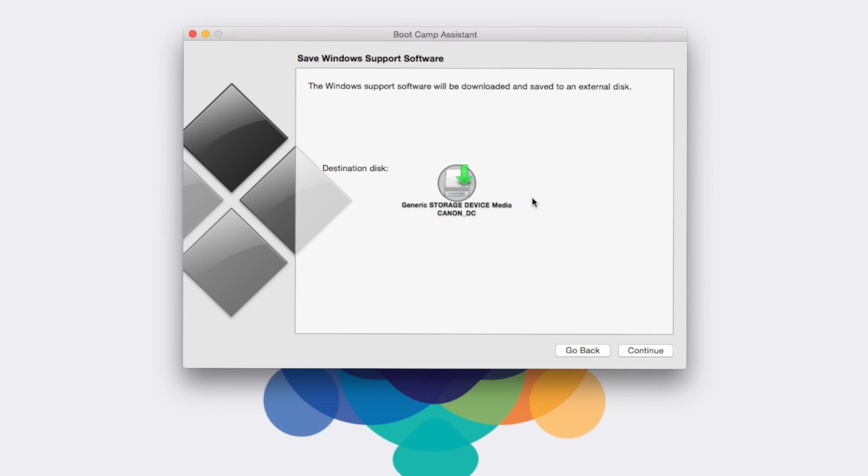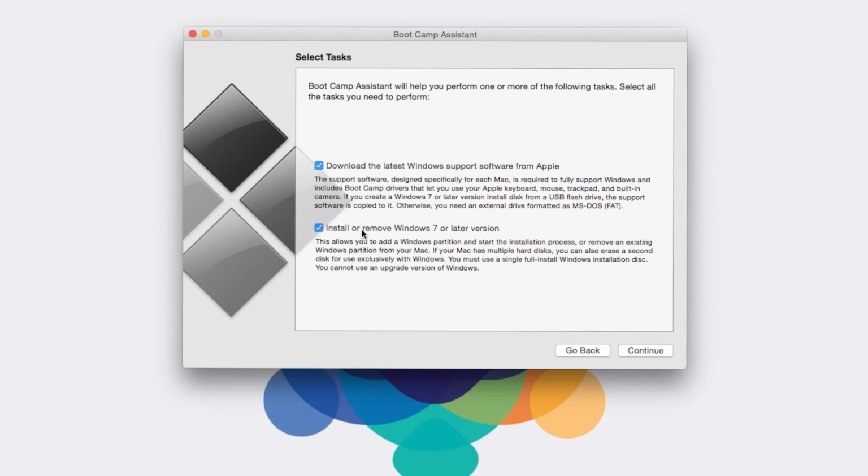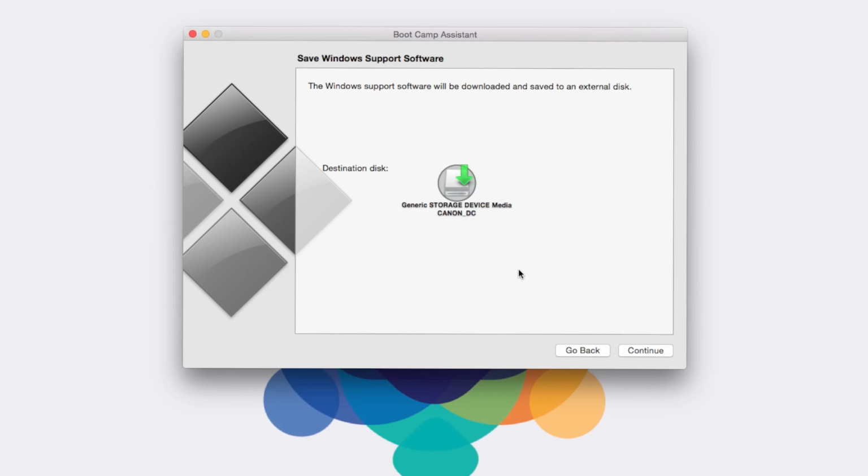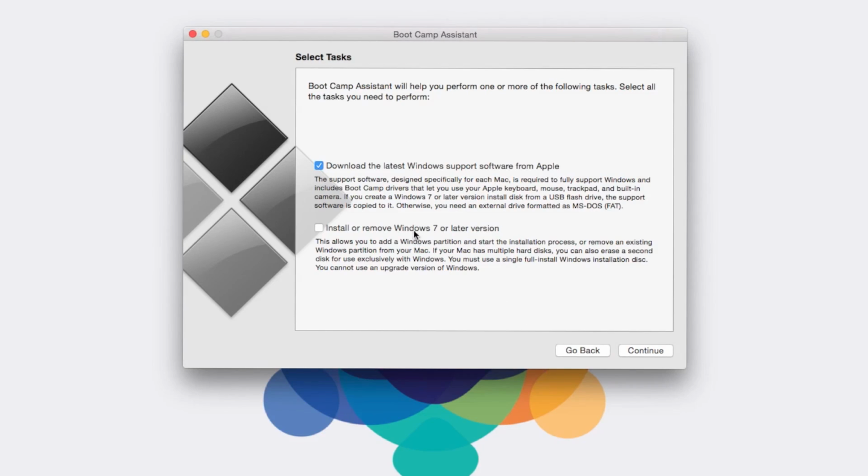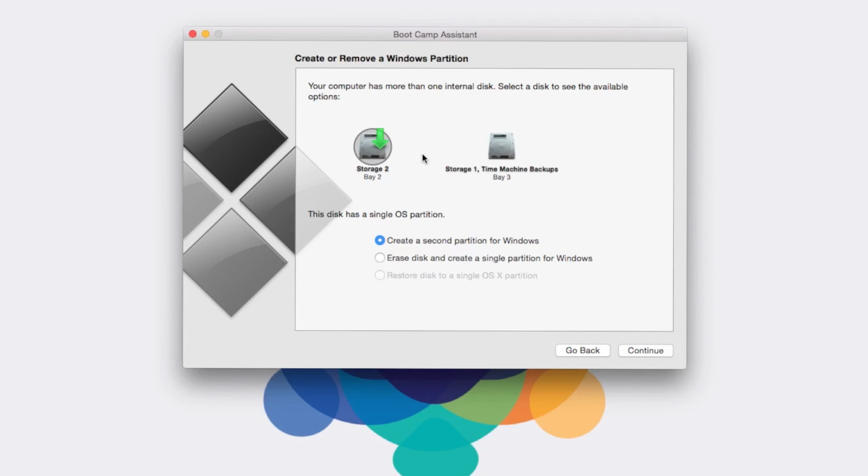So you're just going to want a flash drive formatted to MS-DOS, and it's going to give you an option, if you have more than one, which one you want to install it to. If you already have Windows 7 installed and just need updated drivers, you can uncheck that and get them there. If you don't want to download these right now and you just want to install Windows, you can check that one. I wouldn't recommend doing that. I would recommend downloading the drivers as you do it, but I unchecked it just so I could show you